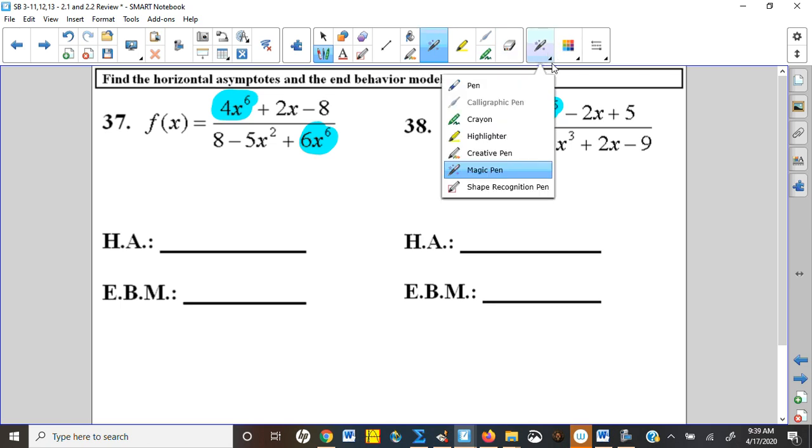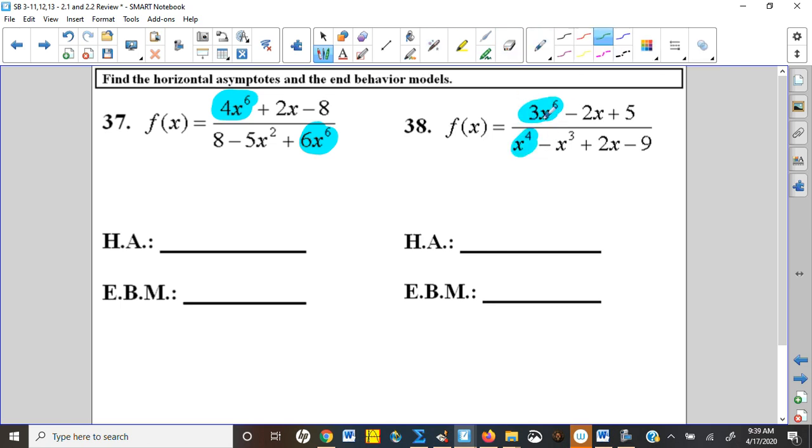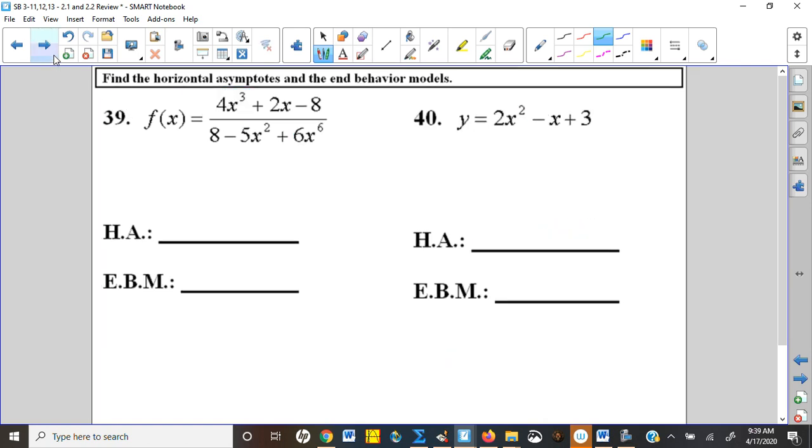finish reducing that end behavior model, 3x to the 6 over x to the 4th, I think you're just going to get 3x squared. Well, if you know your polynomial end behaviors, positive even is up, and so that's diverging towards positive infinity. That means no horizontal asymptotes. Number 39,